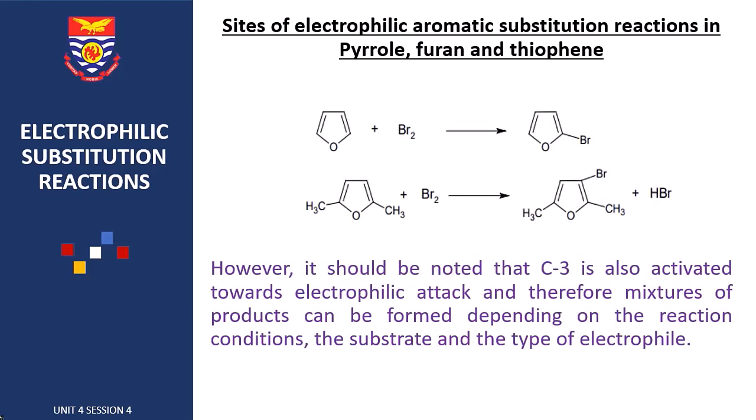Now the next thing is to look at typical examples. When bromine reacts with furan, this is the product that is formed. Please take note, it's a substitution reaction. The hydrogen here is replaced with one bromine, and then the remaining bromine reacts with hydrogen to form HBr. Similarly, because both position 2 sites are occupied, the substituent is forced to position 3, right? Our Br goes to position 3. So please let's take note of this.